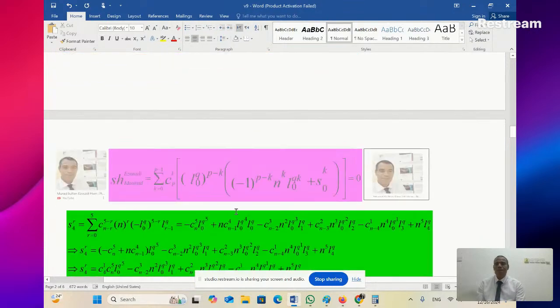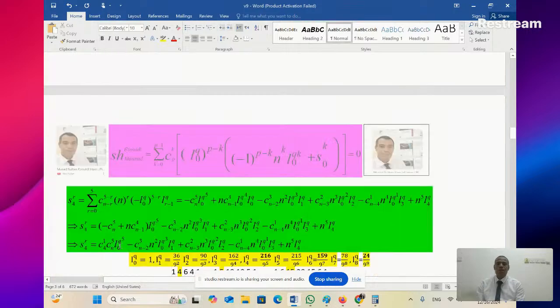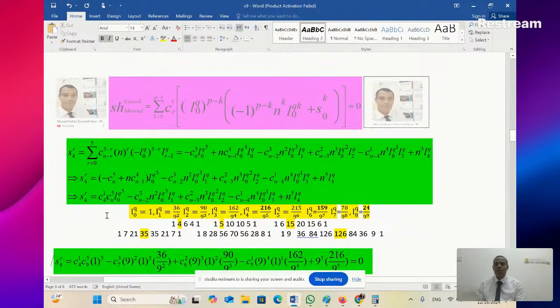Okay, so the target is to find S4. To find S4, just put k in the decimal formula and try to figure out, after writing the formula in its lowest terms, S4 equals combination 4 choose 1 times combination raised to the power 2 times 0, for 2 raised to the power 3 times L1, plus combination n minus 2 choose 2 and cube times